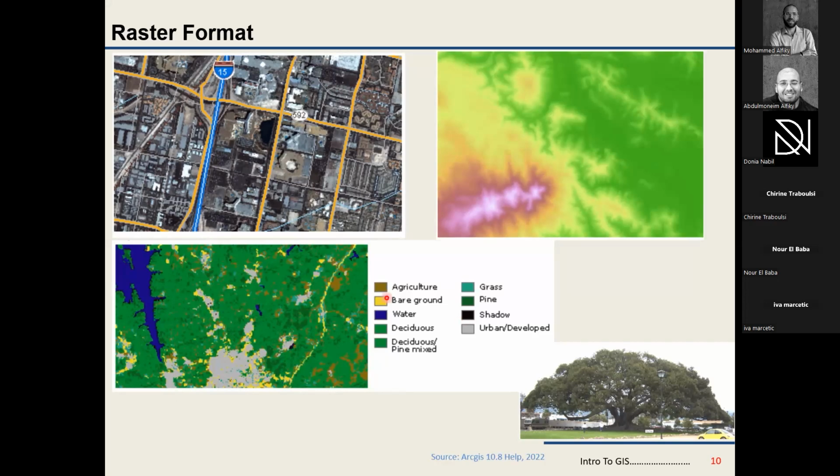So the brown here is agricultural land. Any brown patch here is agricultural land. The green are actually forests. They are deciduous trees or pine trees. The gray is actually the urban areas. The blue is the water, and the yellow is some barren lands. So this is actually, we classified the data,